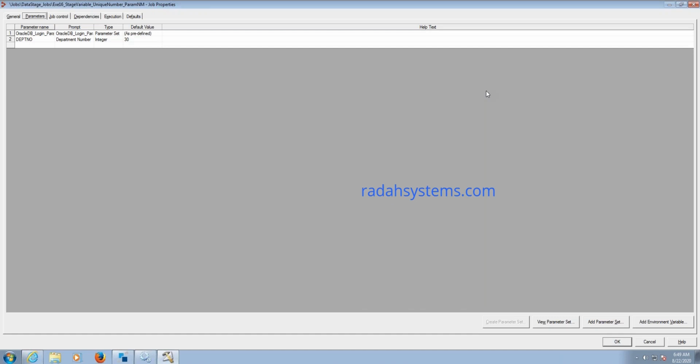Right. Now in this exercise, we will discuss how to create a job runtime parameter set. So what is a parameter set? A parameter set is nothing but a group of parameters combined together. This parameter set can be used not only in this particular job, we can reuse it in other jobs also.